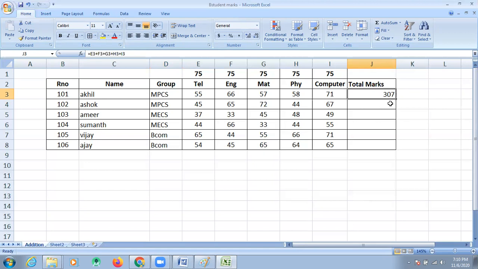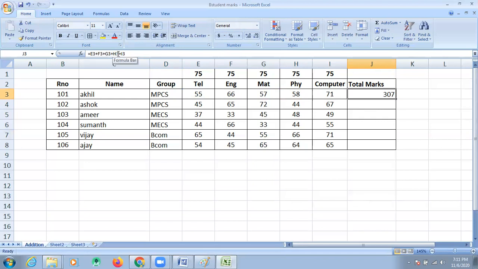It is formula related data. So here I entered a formula. After entering the formula on the cell, it displays the result, but the formula is displayed on the formula bar. If you want to edit the formula, you can select the data, then after you can change the formula.